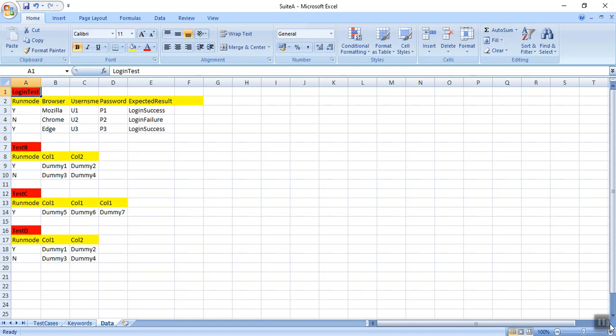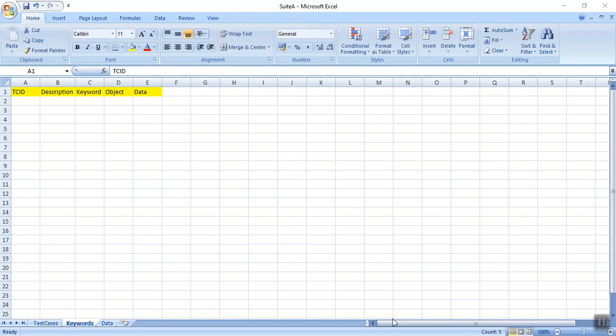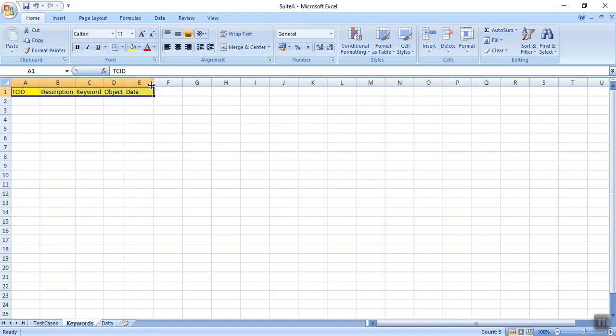Let's start automation. Now this keyword sheet is the heart of the hybrid keyword framework. In this we have columns like TCID, description, keyword, object and data. Now let me take up an example.